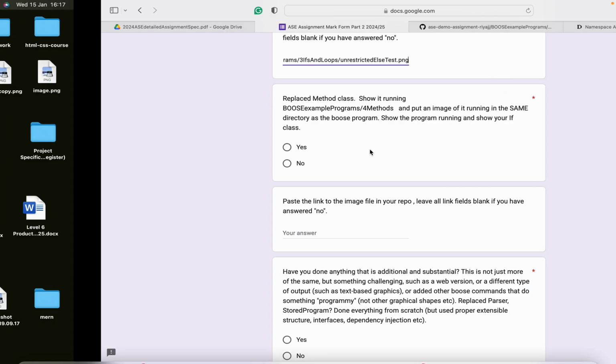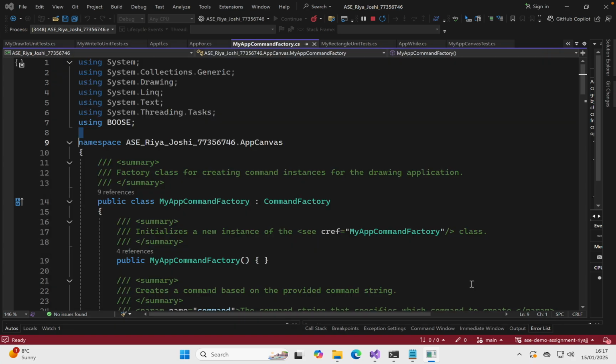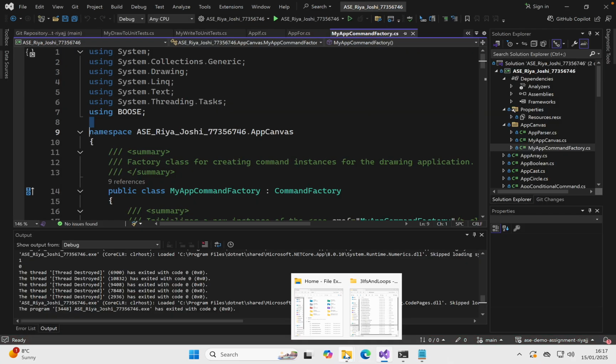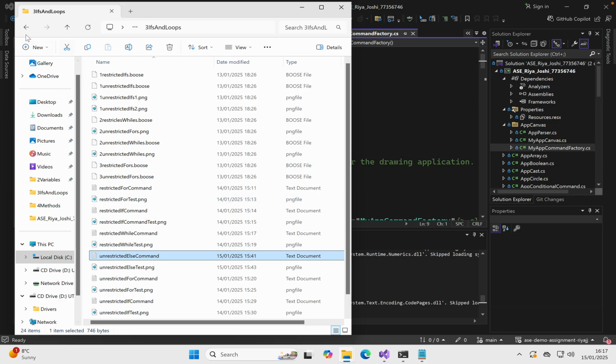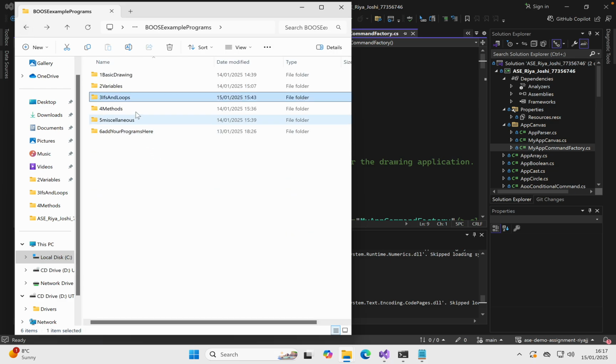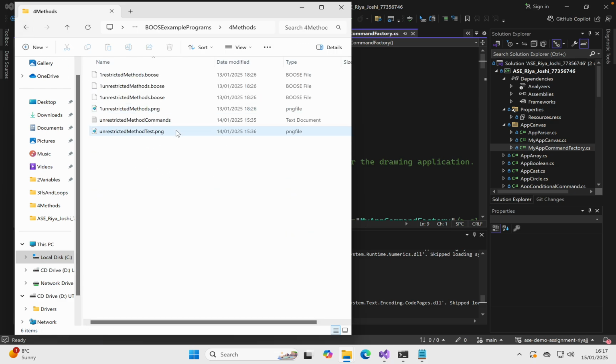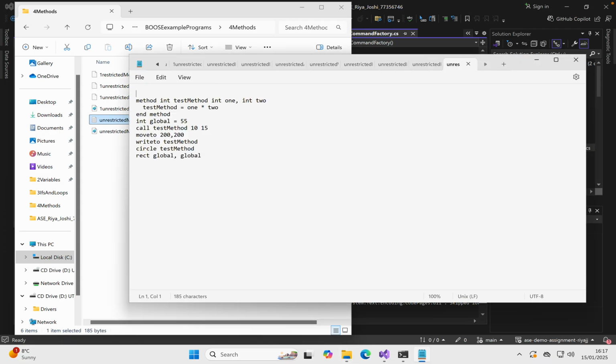Now next up is replaced method class. So for replaced method class, we are going to do the same. First go to the methods, and here is the unrestricted methods commands, and we are going to copy this.